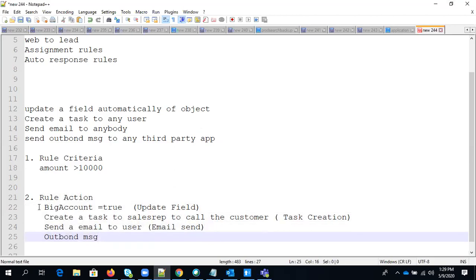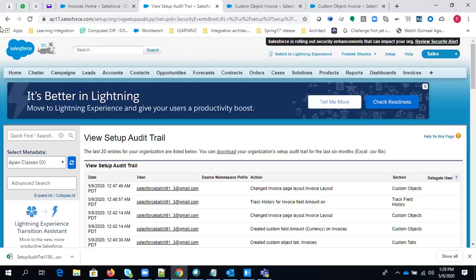Let's first create a field called big account, right? So guys, there are two things in Salesforce. One is the standard or admin activity, and the second is that we can write code. Salesforce always recommends that if something can be done using point and click, or related to any Salesforce business automation process, then you should prefer that one.